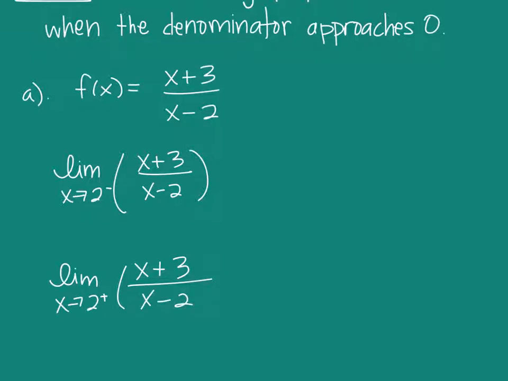I do not need to divide through by the highest power this time because I'm not plugging in infinity. The only time you need to divide by the highest power is when you're plugging in infinity. This time, I'm just going to plug in 2 minus and 2 plus. So I'm going to plug in 2 minus plus 3 over 2 minus minus 2. 2 minus plus 3 gets me close to 5. On which side of 5 will I end up? 5 minus, a little bit smaller than 5.